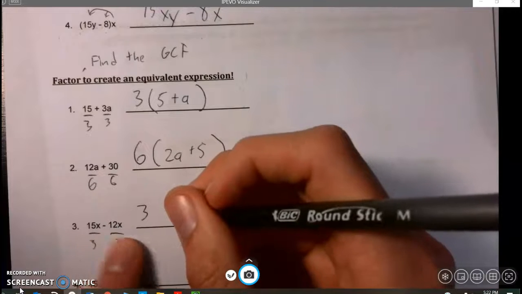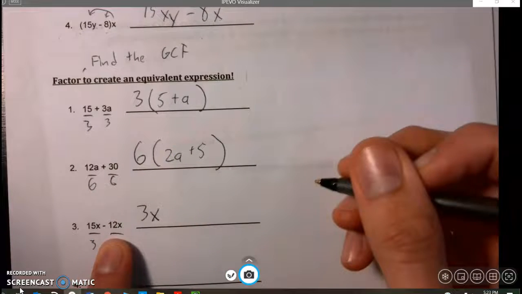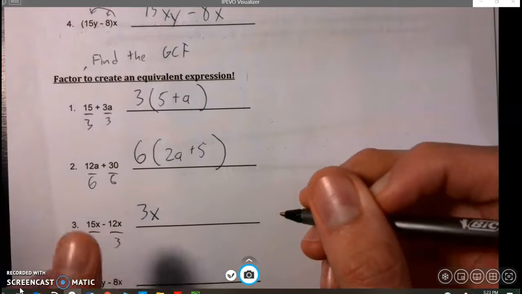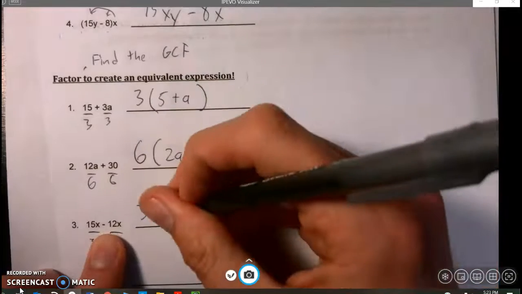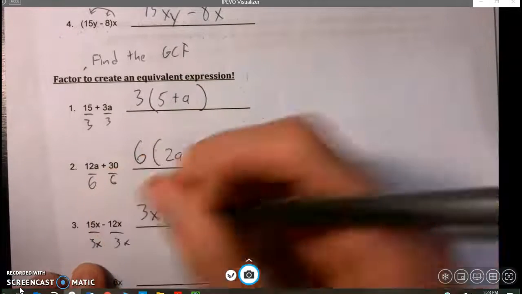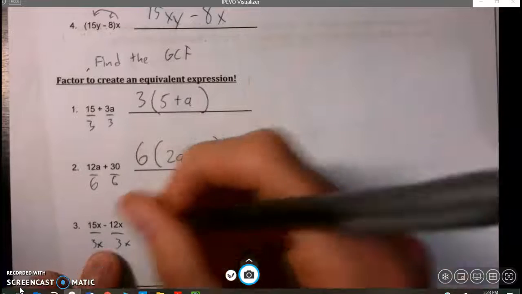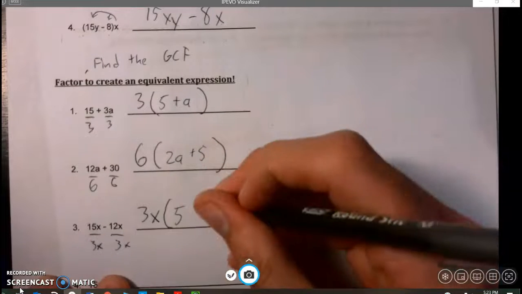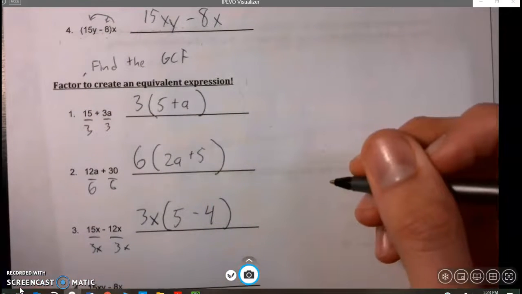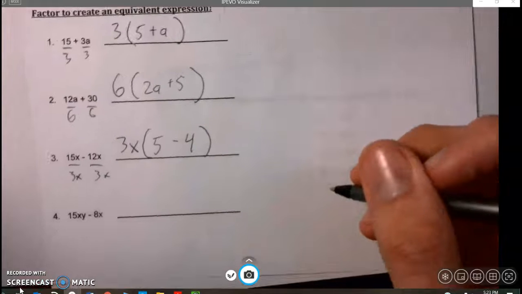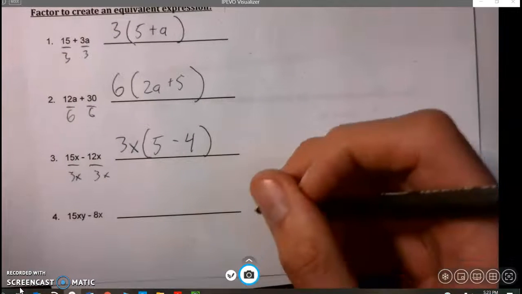GCF here, the biggest number both can be divided by is 3. And they both have an x as well. So my GCF here actually isn't just 3, it's 3x because they also share a variable together. So I need to divide both by 3x. 15x divided by 3x is just 5, and 12x divided by 3x would be 4. Okay, and then here,